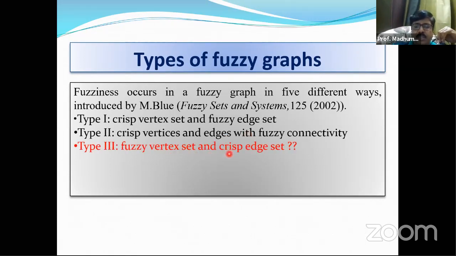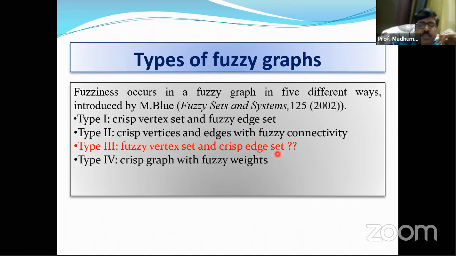Fuzzy vertex set and crisp edge set. This is a different type of fuzzy graph, and if this type of fuzzy graph appears in our real life application, then it is called the generalized fuzzy graph. So this rarely happens in real life situations. Type 3 fuzzy graph. Type 4 is